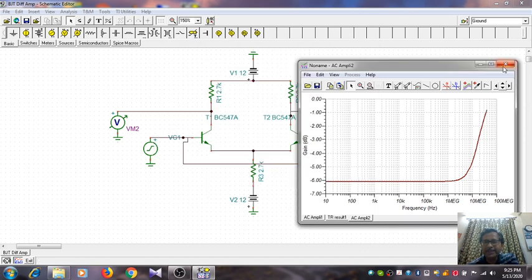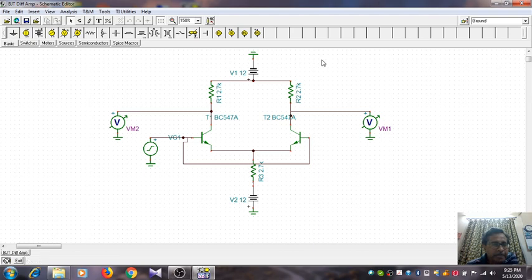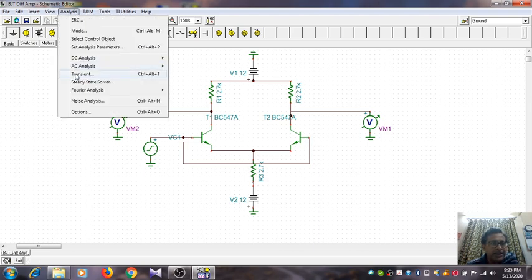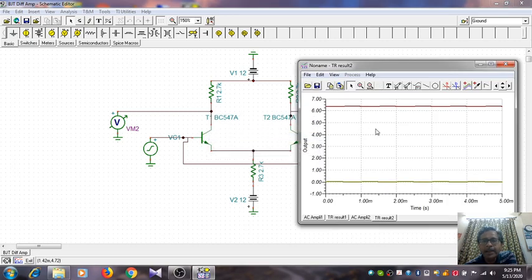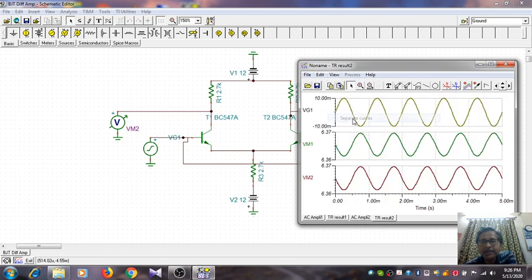But more importantly, let us find the actual voltage gain. So we go to analysis and then transient, that gives us the time varying signal. Okay, so starting from 0, and this is fine, 5 millisecond, that means 5 clock cycles we shall get. And let us separate the curve, go to view and then separate the curve. Yeah, so we get the two output curves.